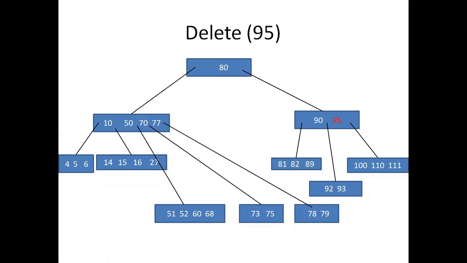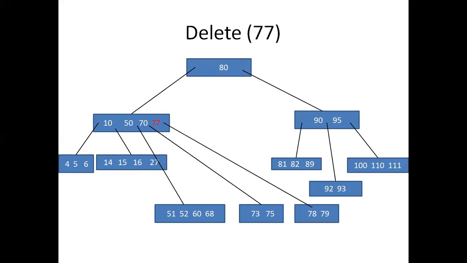Now the second case, in-order successor. Suppose here you want to delete the node 95. Here you cannot borrow from the in-order predecessor because it has only the minimum number of keys. So you will go for option number 2, that is, borrow from the in-order successor. Borrowing from the in-order successor, you need to borrow the minimum value from that. So you will borrow 100 and replace 95 with 100. 100 will be removed from here and this will be the final result. So the minimum key from the right subtree is your in-order successor.